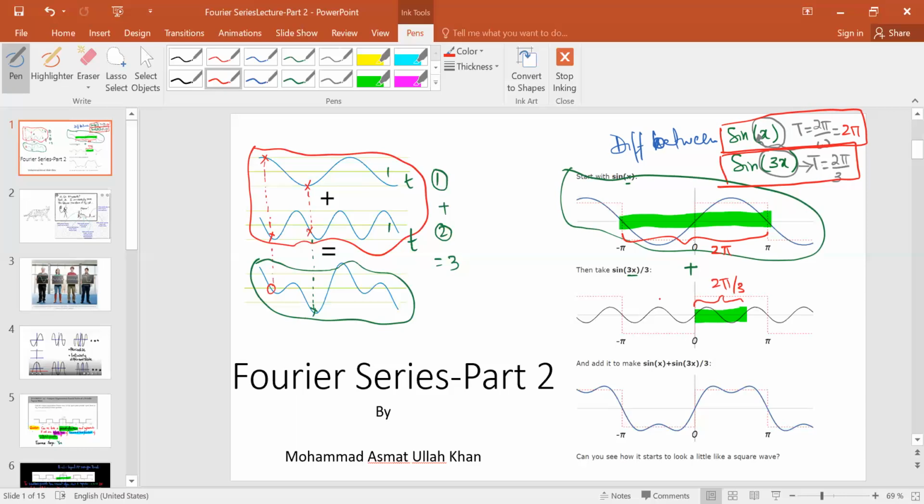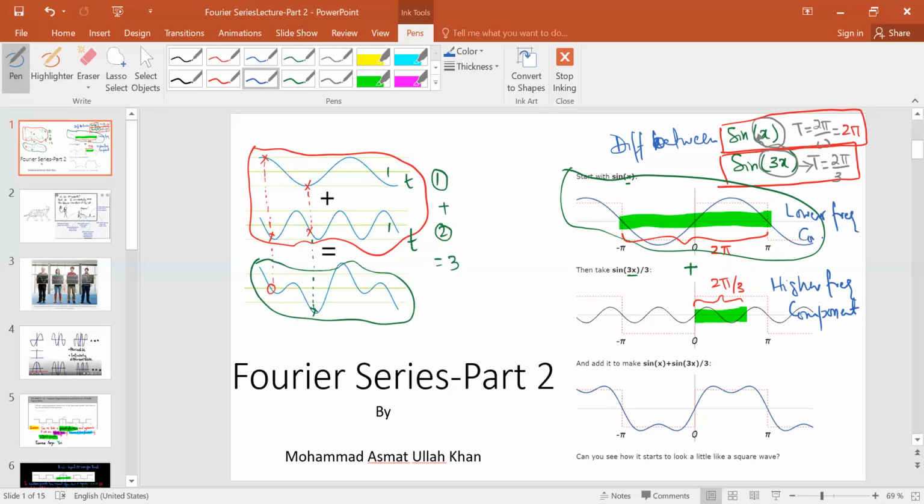So it means that this is a higher frequency component because its time period is small, as we all know that there is an inverse relationship between the frequency and the time period. So as the frequency increases, the time period decreases, shrinks. So you can see that. So this is a high frequency component. I can say this here. This one is a higher frequency component. And this one is a lower